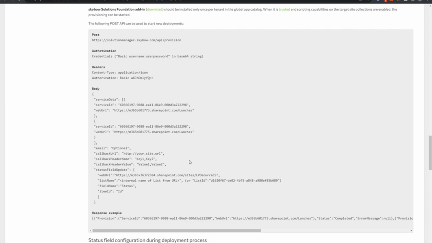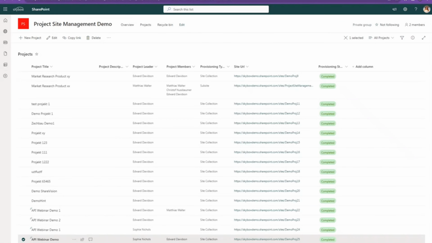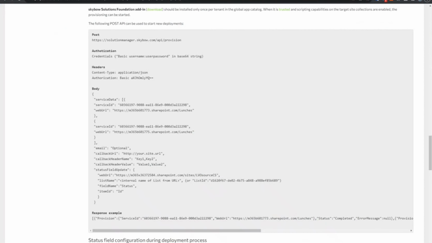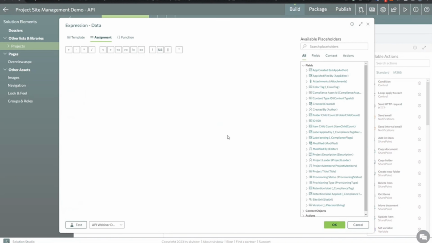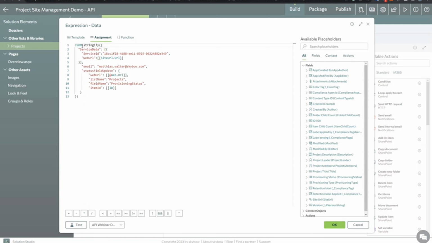All right, but let's have a look at our scenario in here. So we call that URL, we say it's post, content type application JSON, and then the authorization is basic, and then the long base64 representation of username and password. Where we get this from, I will show you. And then in here, that's the data that we are going to pass. I'm just using one service, this one,